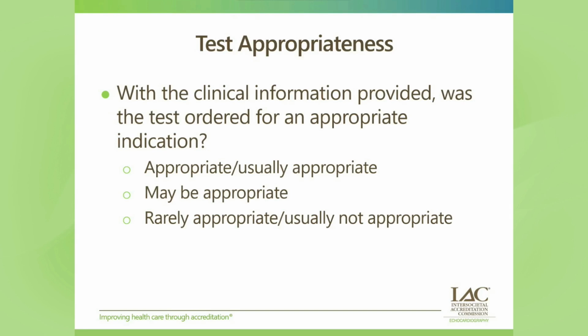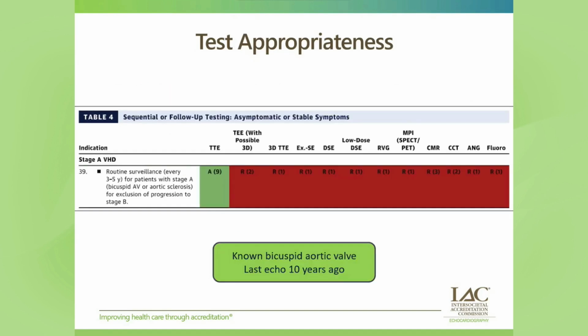So how do we assess test appropriateness? Well, we use our resources. We go to our appropriate use guidelines. There's a multi-organizational appropriate use criteria for multimodality imaging and valvular heart disease. Transthoracic echo, we go down to try to find our appropriate indication, and we see that transthoracic echo is appropriate